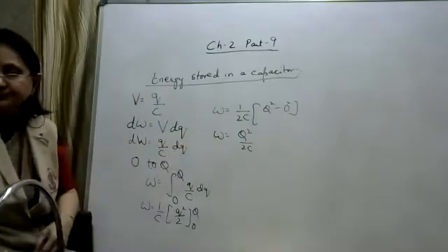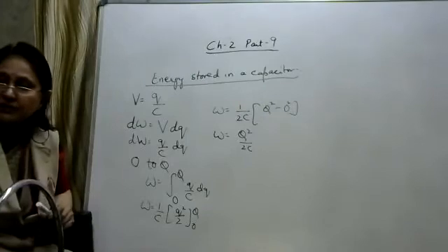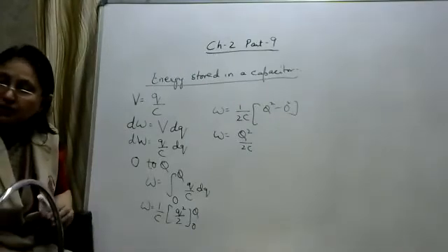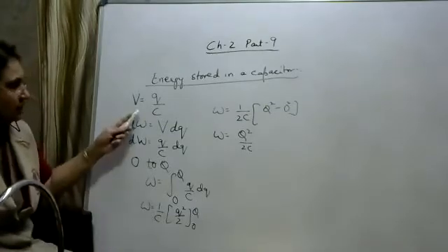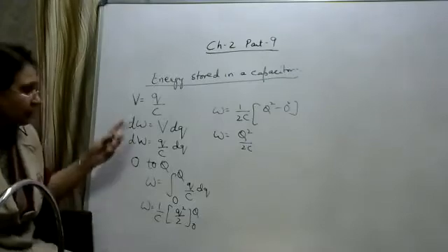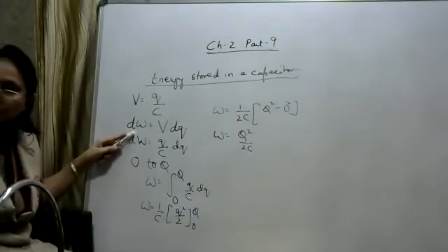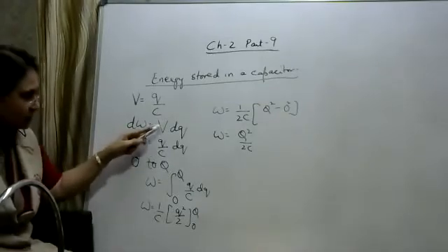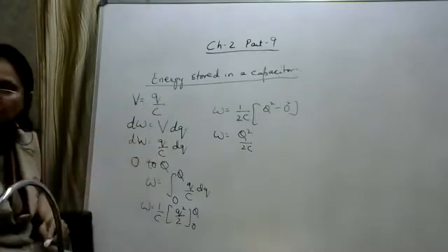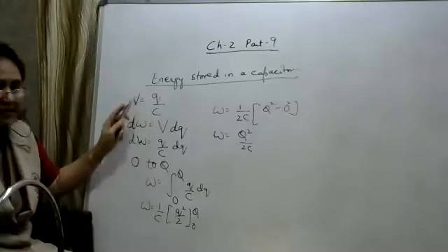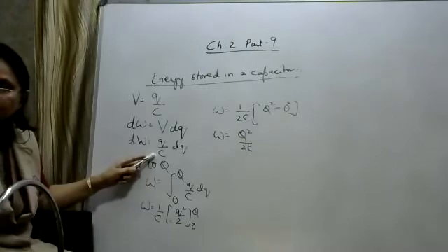So write down, first note it down. We are finding out the energy stored in a capacitor. Some charge is given to the capacitor, additional charge is given, that is, transferring some charge from one plate to another. Small amount of charge is transferred, small amount of work is done. dW is equal to V into dq. V is the potential difference between the plates, which is equal to Q upon C, if C is its capacitance and Q is the charge stored. So this is dW.